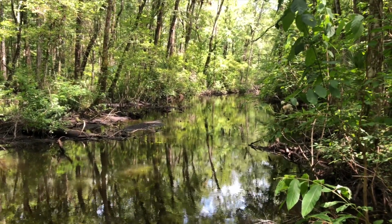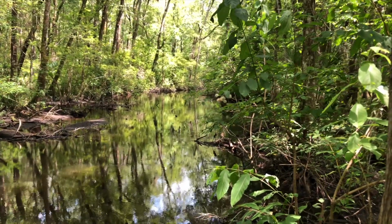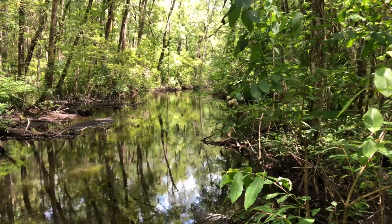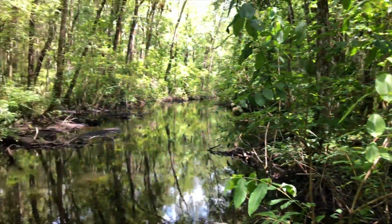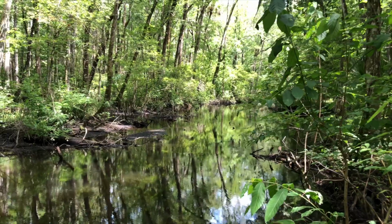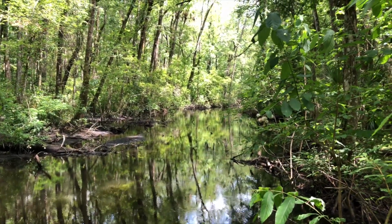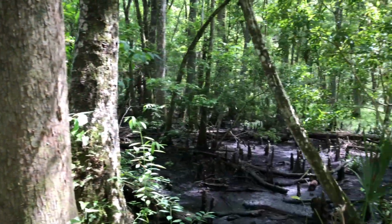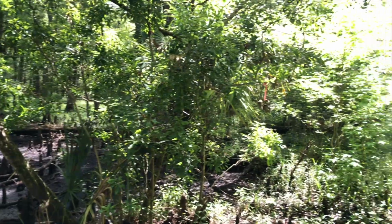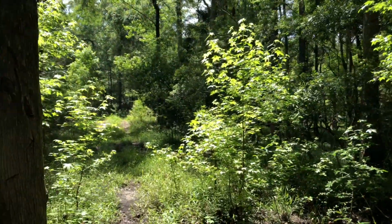And again, another spot to fish. Great spot, actually. I've seen people put in kayaks around here, right here at this little spot. So if you bring something like that with you on the adventure trail, this would be a spot to check out. And like I said, it is a great spot to grab lunch. There are tons and tons and tons of just beautiful